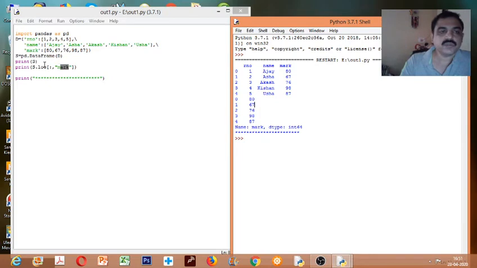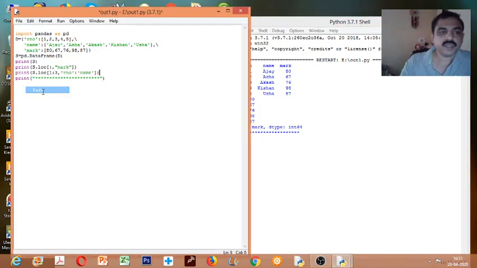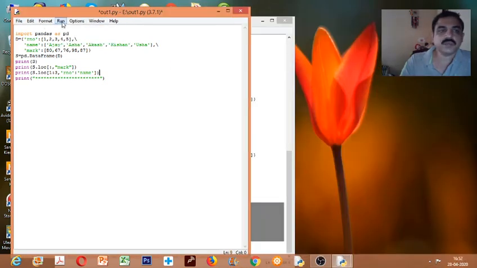Similarly I will add one more line. Here I wrote s.loc 1 colon 3 comma roll number colon name, that means rows 1, 2, 3 and roll number to name. Let us see the output. We close this and see the output.